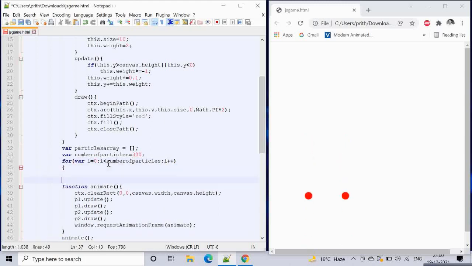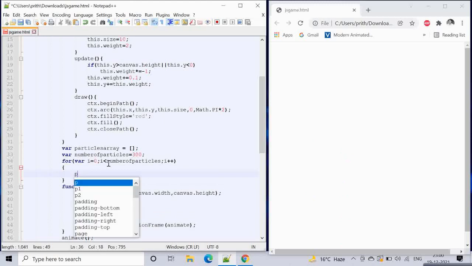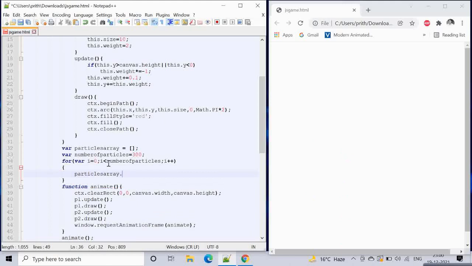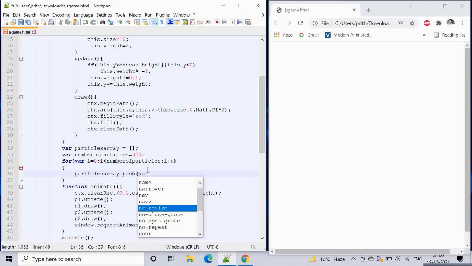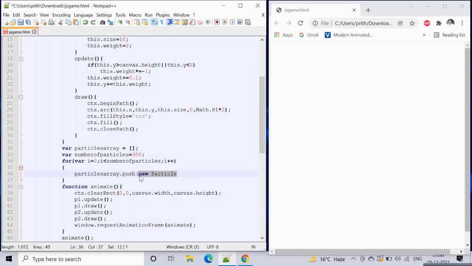In this loop, we will be doing particles array dot push, so we will be pushing each object, a new particle, into this array. So this will run 300 times, so 300 particles will be there, and we have to give an x and y coordinate.